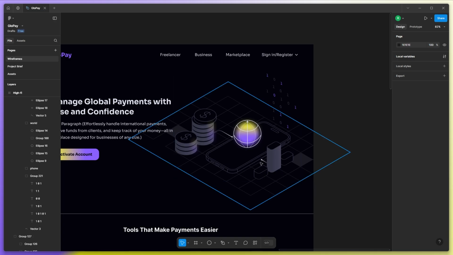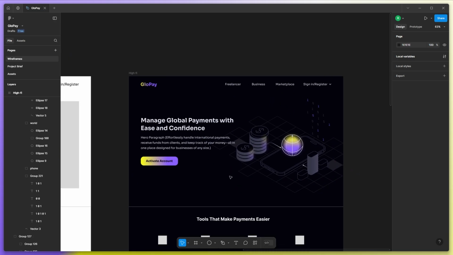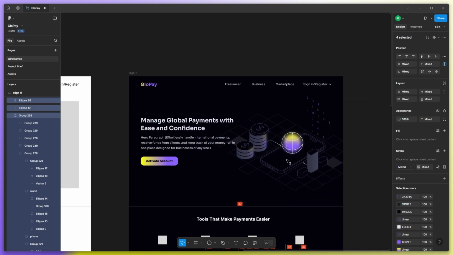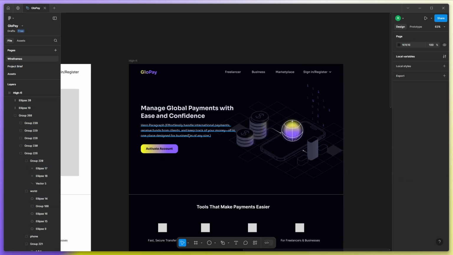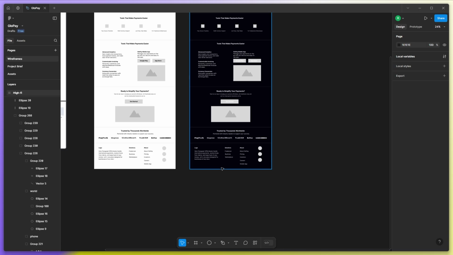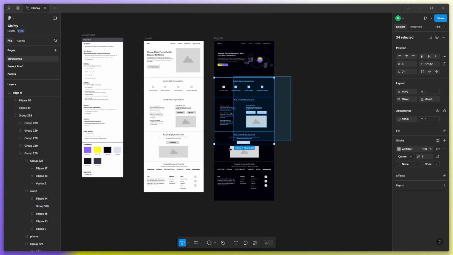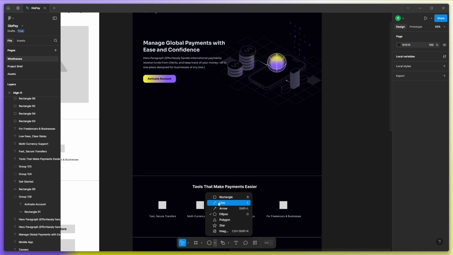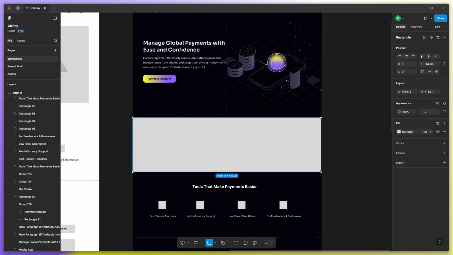Now it's looking beautiful. The hero section is completed. We will still come back later to see if there is any alignment or other issue. But for now, jump to the second section. So I want a light gray background this time. I will create a rectangle,